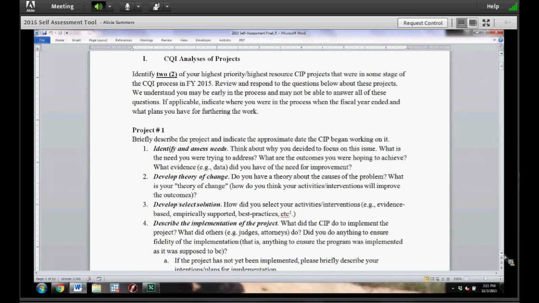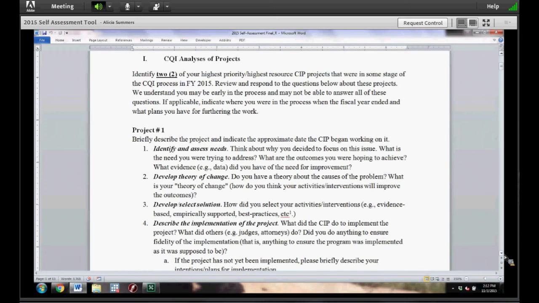But to do that, we really need to know from you how you're integrating this into your work, what you're learning, some of these processes that we think would be very beneficial to you to see what you should be doing, but also so that we can learn as a whole what's helpful. So we set this up a little different. Instead of just asking for a general summary of all your different activities, we set up this specifically so that you could identify 1 or 2 priority area projects from fiscal year 2015 and talk about them in a little